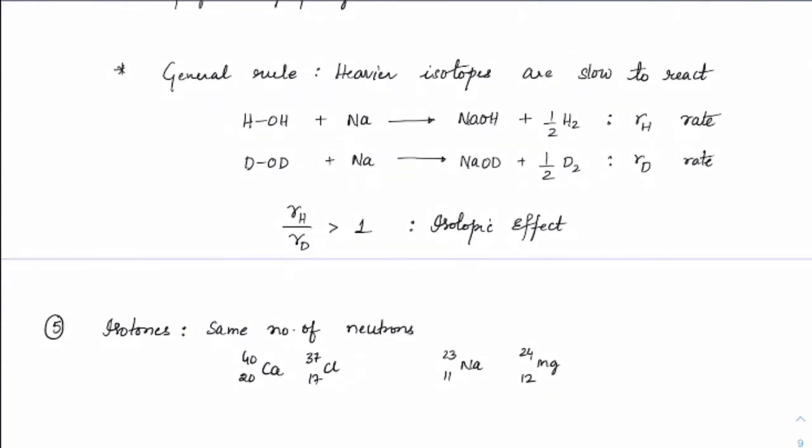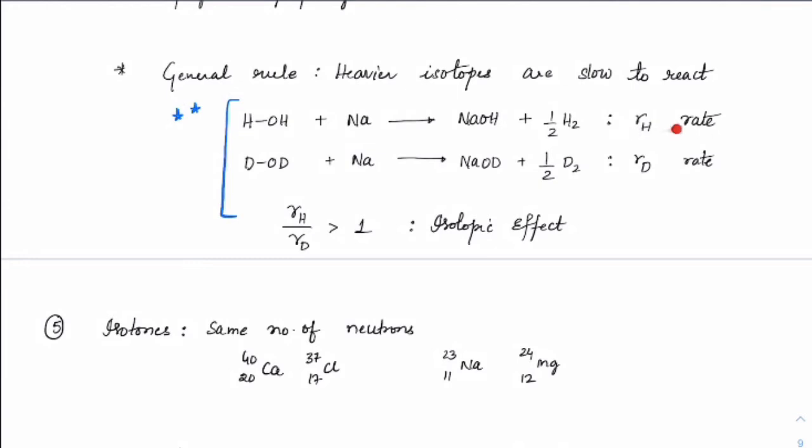Okay. And usually we see this is an important question that was asked in JEE once, that if you consider sodium's reaction in water and heavy water. D2O is heavy water, H2O is light water which we use. So if we add sodium to water or heavy water, then we will get half H2 or half D2. Got it? Sodium will get dissolved here, it will form NaOH or NaOD.